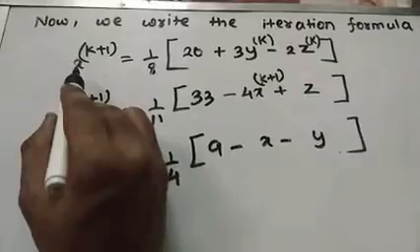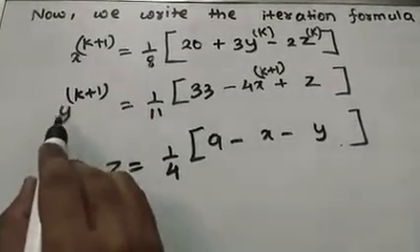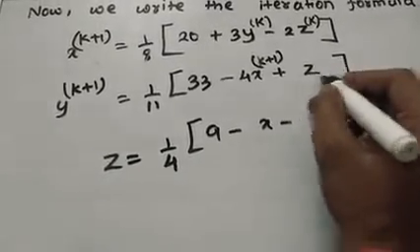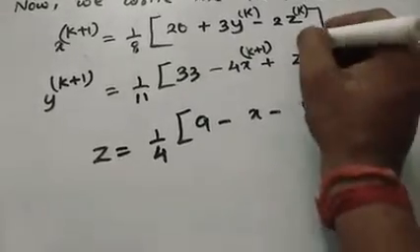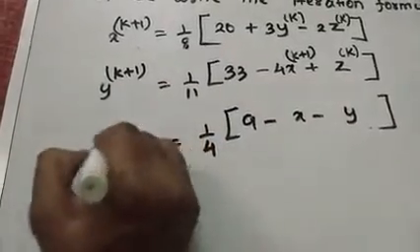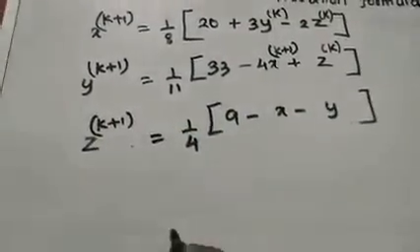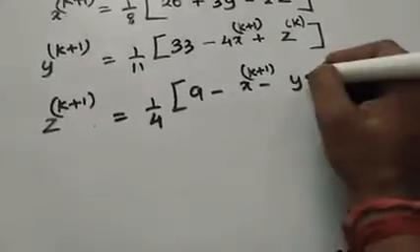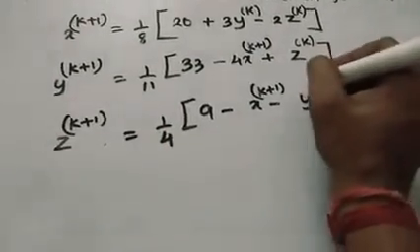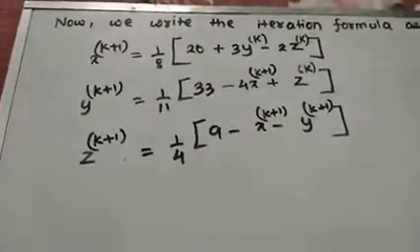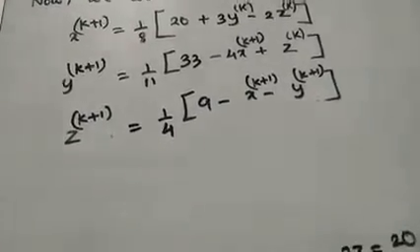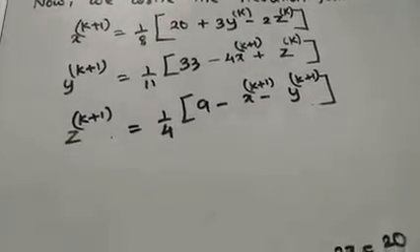For finding y, we have seen that there is a term x, so this x will be k plus 1. But we still do not know the value of z, so it will remain as k only. And for the last one, z is the k plus 1 iteration. Already we know the value of x, so that will be k plus 1, and we have found y, so it will also be k plus 1. Clear about the iteration scheme or formula? This is the important part. If you are able to construct this, after that everything is simple, just putting in the values and nothing else.